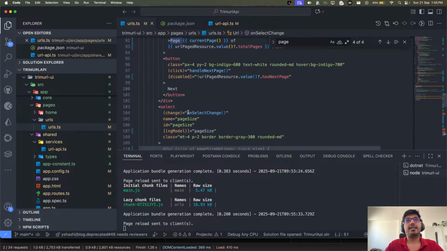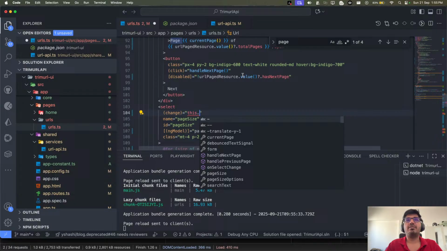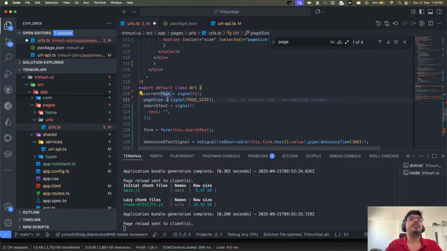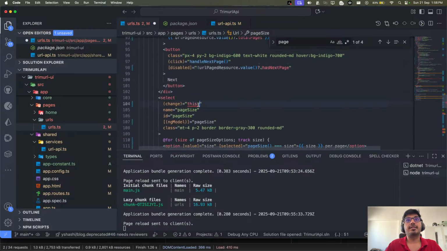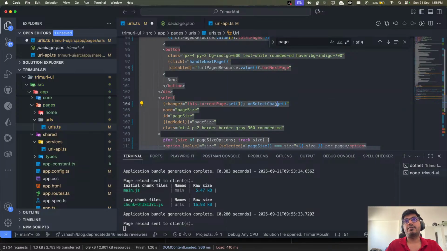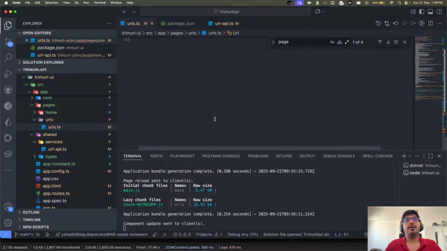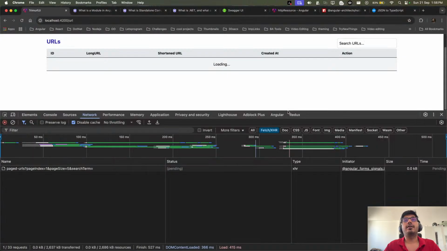Yeah. So what I can do is get rid of this method, and I can directly use this dot current page. What was that? What were we using here? Page size. What is page size? Oh no, this is wrong. So we can change the current page to 1. So let's go back. We can say this dot current page, we can set it to 1, and we can get rid of this function. Okay, and let's go back, and we don't need you anymore, and let's save.